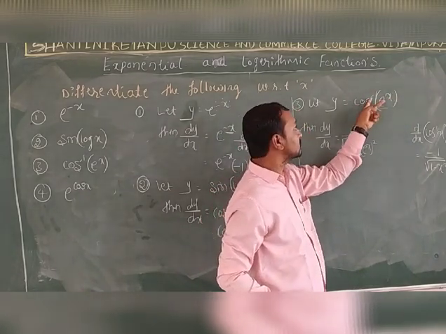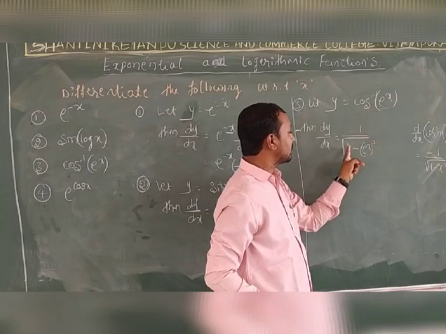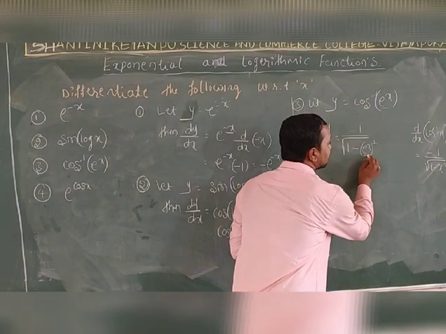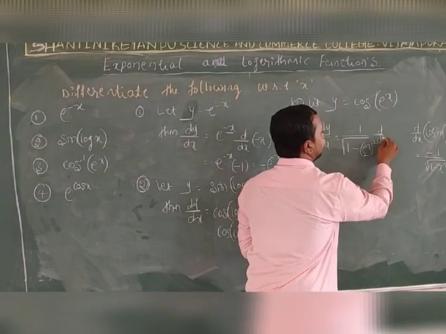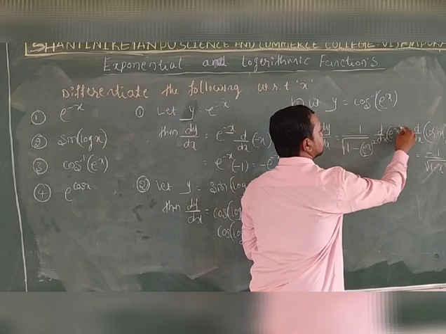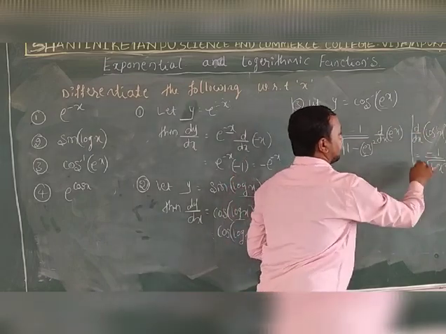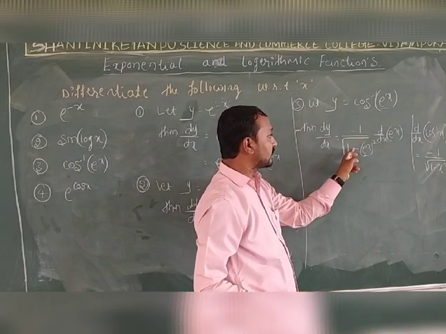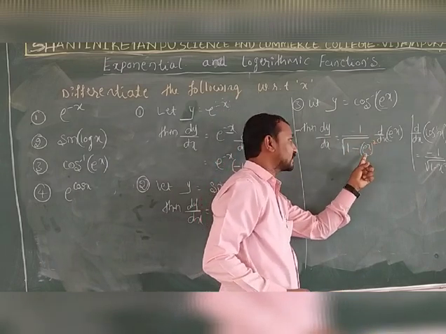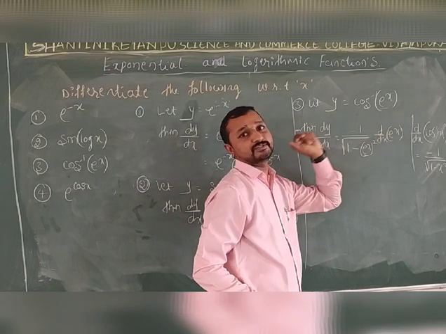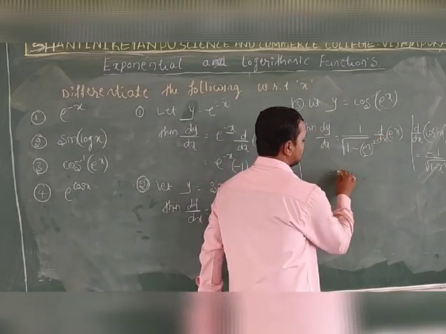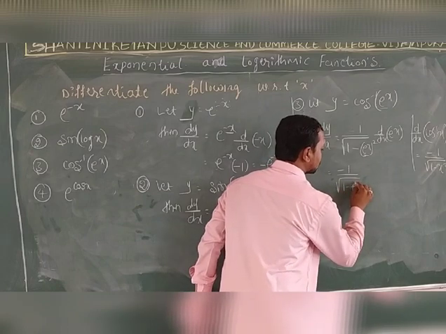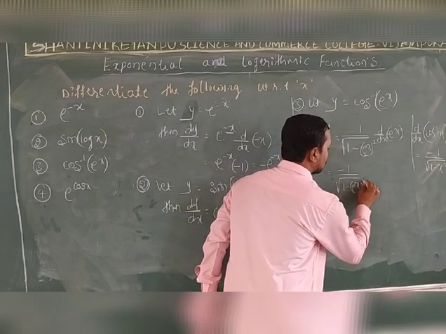The derivative of cos inverse of x is minus 1 divided by root of 1 minus x whole square, and with respect to x, d by dx of e raised to x. Is that clear? Minus 1 divided by root of 1 minus x square. Instead of x what is there? e raised to x. Again differentiate this function. Then the last answer is minus 1 divided by root of 1 minus e raised to x its whole square